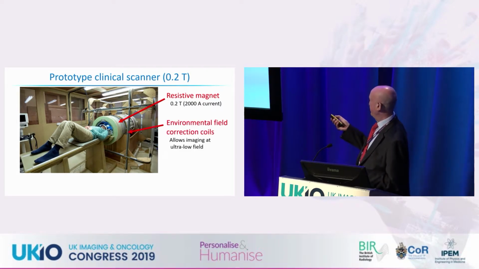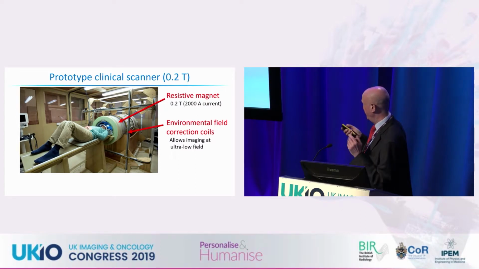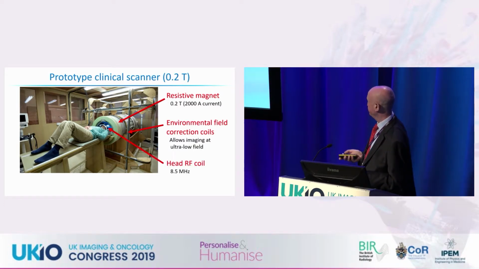This scanner also has these structures here, these gray coils, which are environmental field correction coils. And we send currents through those to cancel out the environmental field, including the Earth's magnetic field in the vicinity of the scanner, allowing us to set the field down almost to zero magnetic field during the evolution period if we want to do that. So ultra-low field imaging is possible by that means. And then there we have a head RF coil tuned to 8.5 megahertz, which is the Larmor frequency at 0.2